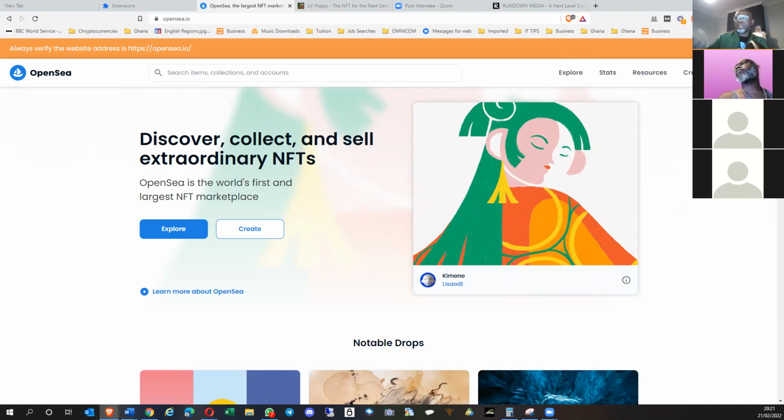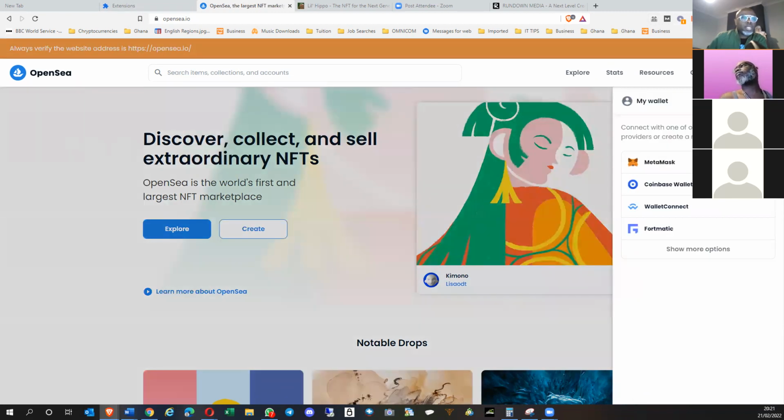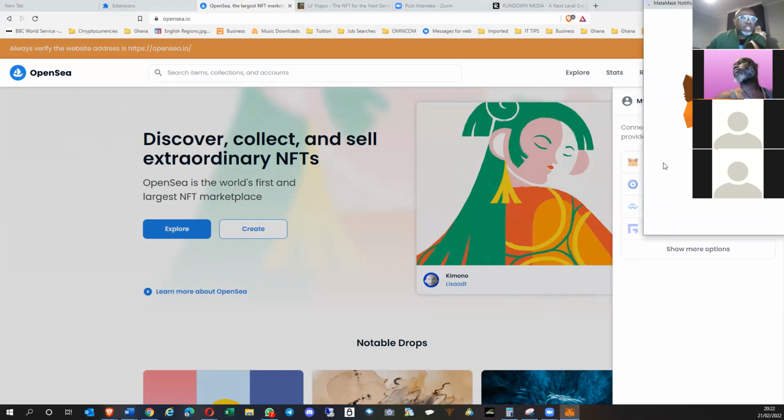So now for everyone here who's just joined the room, this is what you're going to see if you're linking to OpenSea for the very first time. So you click on what looks like a wallet. You have various wallets that can be used to link with it. For those of us who are buying LilHippos later on today, it can only be MetaMask. So if we click on MetaMask,